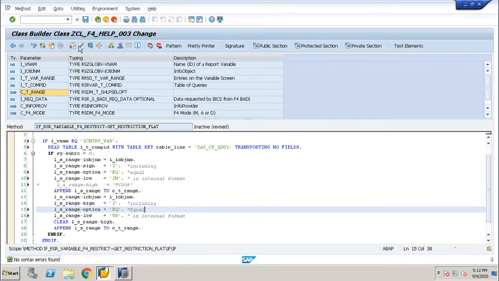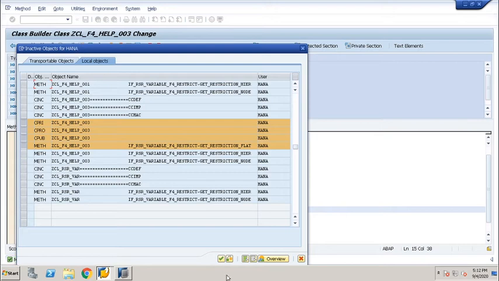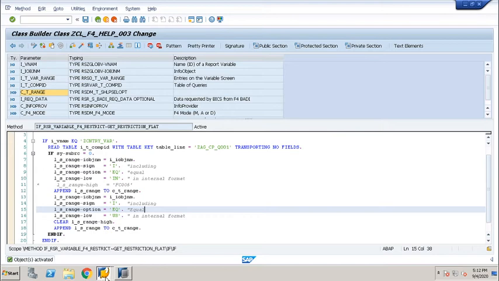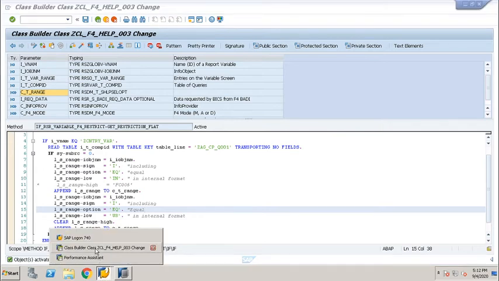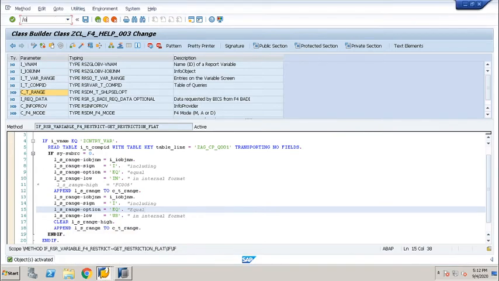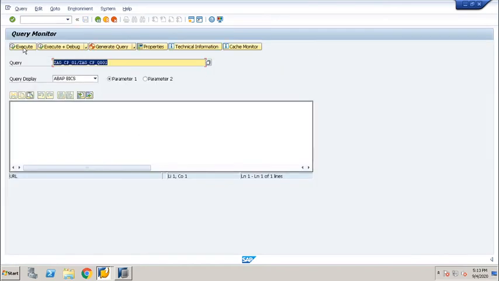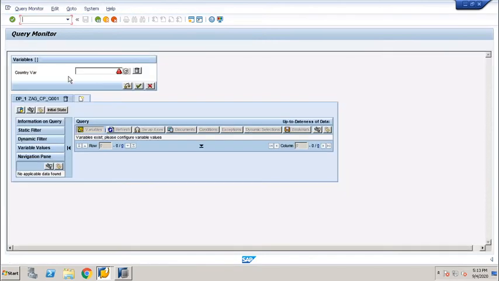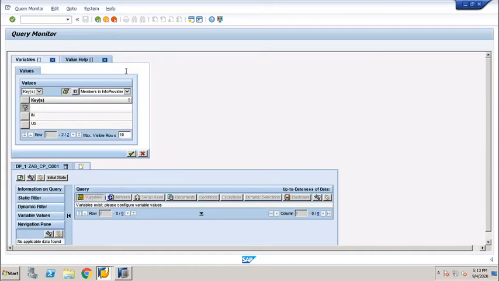You know how simple this is. Just activate this. Now we will see the magic. Go into RSRT again. As I have executed only for this query, the result will show only this query. Go to execute this. Now once you see here, you are getting only two values. See how easy this thing is.